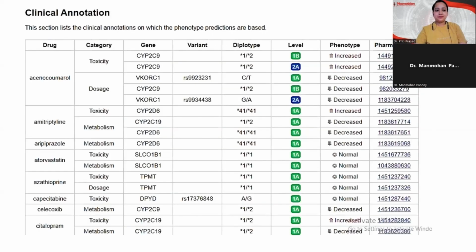Now these are the clinical annotations. Based on the clinical annotation we have different drugs, like what is the effect of that drug at phenotype level, whether it is causing, as I've already told you in the analysis pipeline, toxicity, whether that variation is increasing the toxicity level or the metabolism level. Based on that the doses will be defined. If the toxicity level increases, the doses will be decreased. If the metabolism is increased, the doses will be decreased. So based on that these things are done. So these are the clinical annotations. Next please.